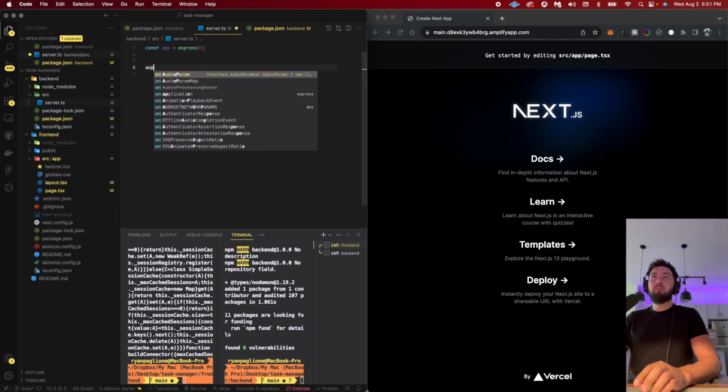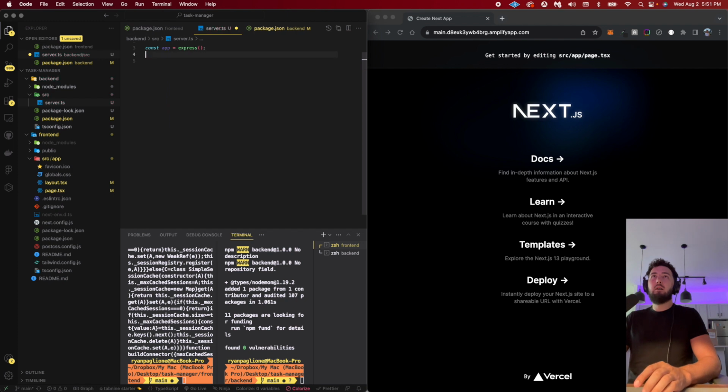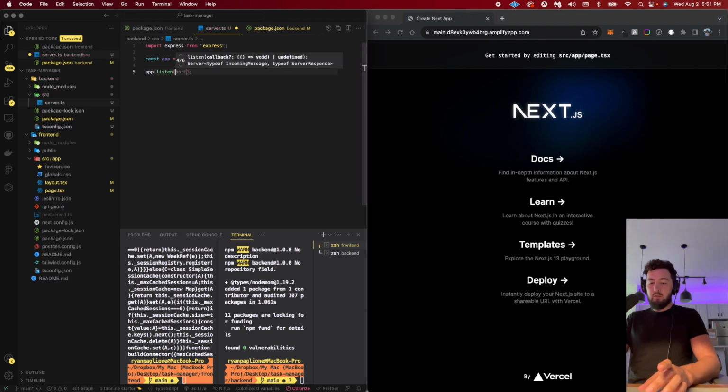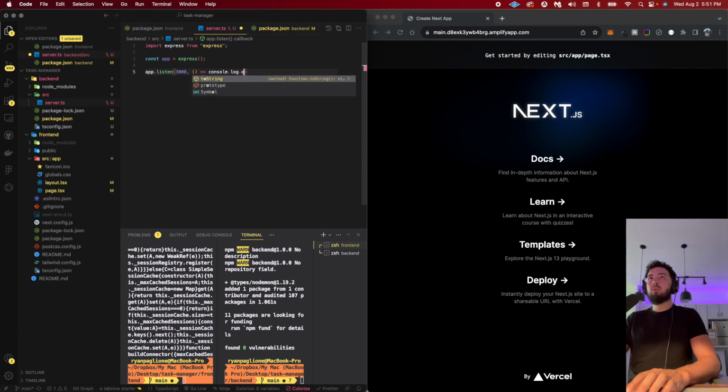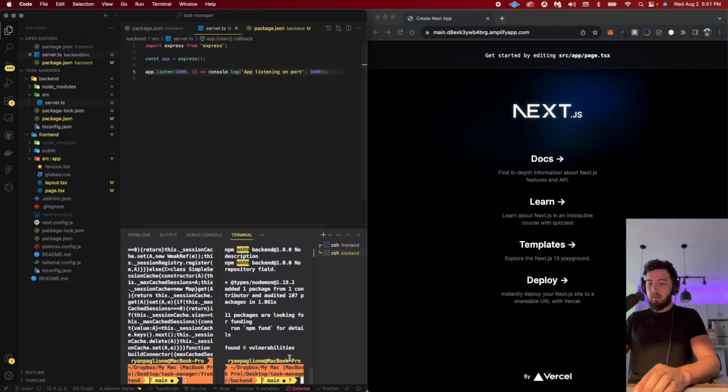Const app, and then if I say app.listen, we'll say port 3000 right now. We'll say console.log, app listening on port 3000. Let's see if,